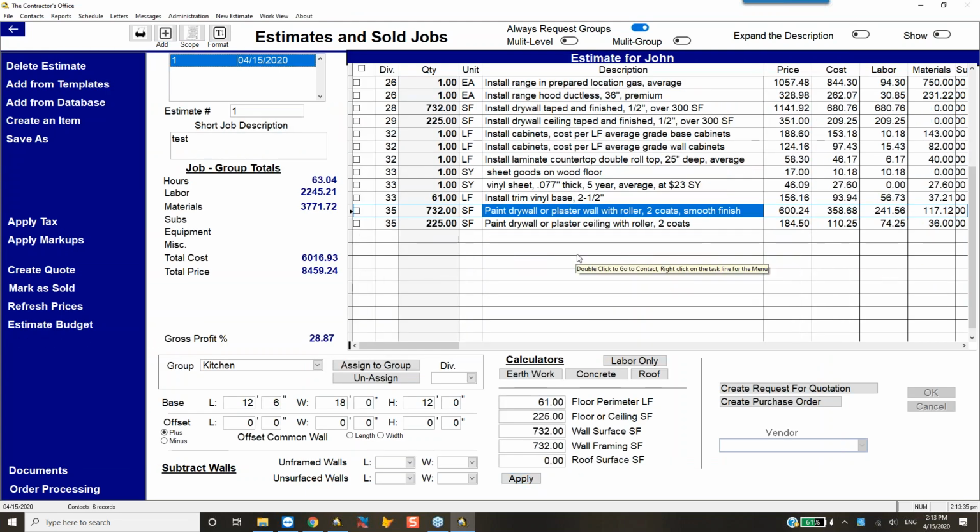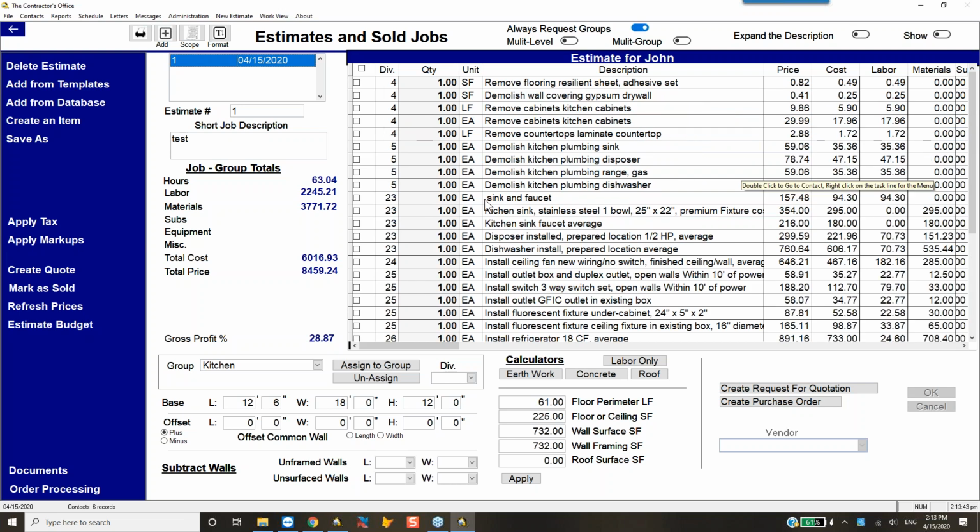When I clicked on Apply, it applied to the room. Obviously, it's not going to apply to the cabinets or countertops. It's also not going to apply to demo items. The theory is that demo measurements and install measurements are normally not the same, so it doesn't do that. But let's just say that I'm right there. We're going to remove the flooring. Well, I would say that 80% of the time you remove the floor you put back is going to be the same size. So we always want to save time. So in the future, when I use that item, I want whatever's in here to apply to it when I click on Apply. So I'll go to the database